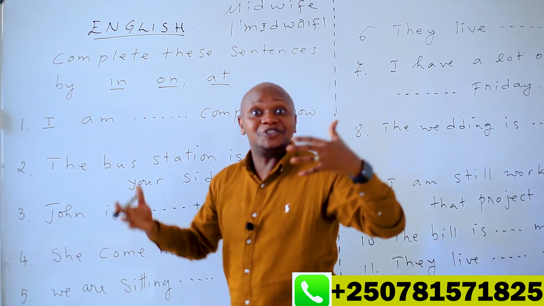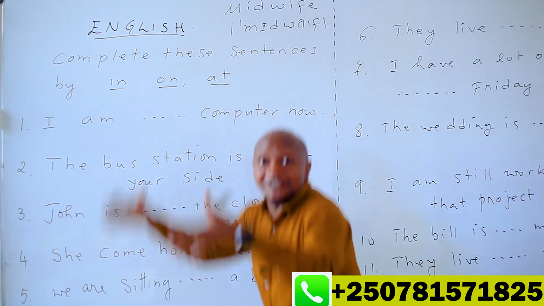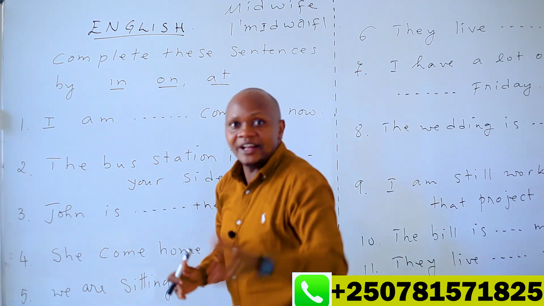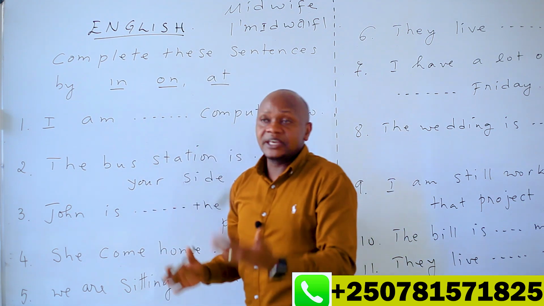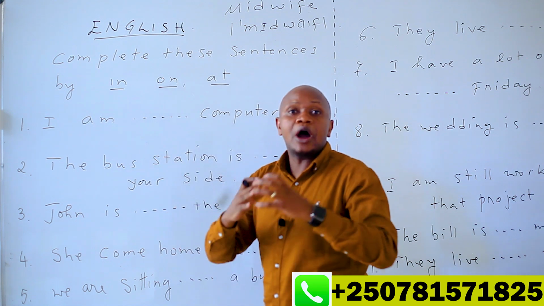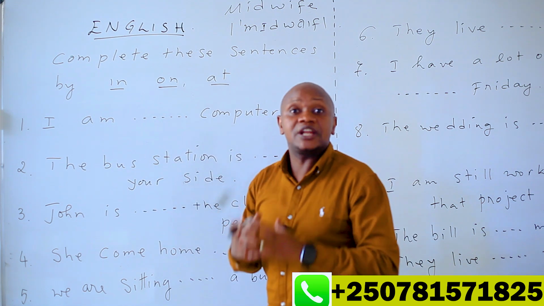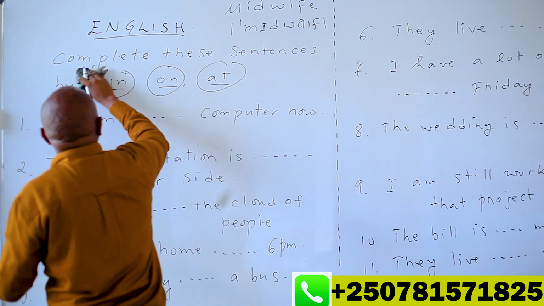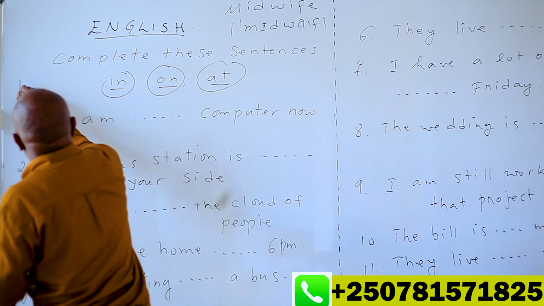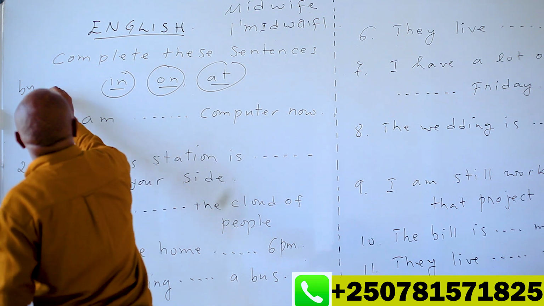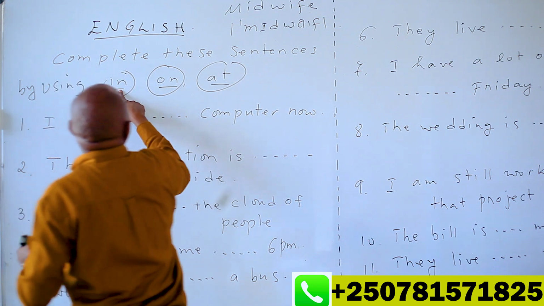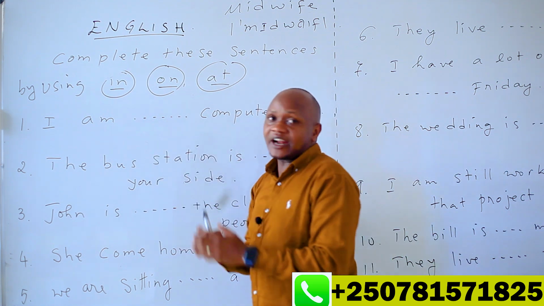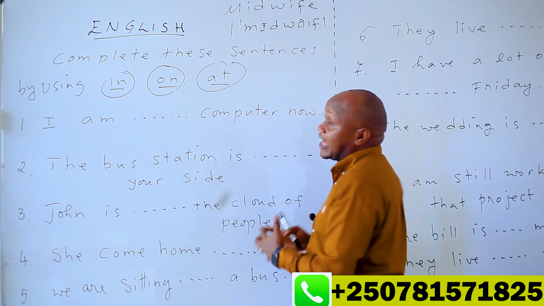Did you get the meaning of jump into? Nkuko mubonye nsimbutse. To jump into something. Gusimbukira mu kintu runaka. Then, after jumping into the lesson, I am going to show you how to use these prepositions in English language. You are going to complete the sentences by using in, on, and at. Good. We are going to start with the first sentence, but before starting, I would like